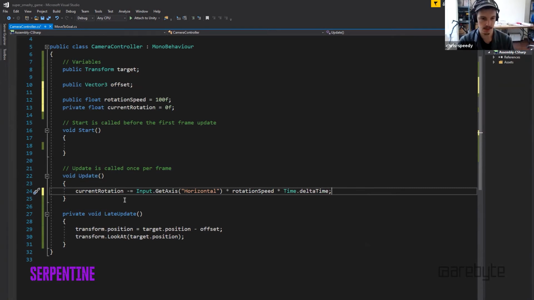The delta time tells the script how long it took to calculate a frame. So by multiplying this value we've created by delta time, we're multiplying it by the proportion of time it took to calculate the frame, which means that the speed at which this thing happens is going to be independent of the frame rate, because frame rates are a variable on computers. So if you didn't do this and it was just times rotation speed, you would find that